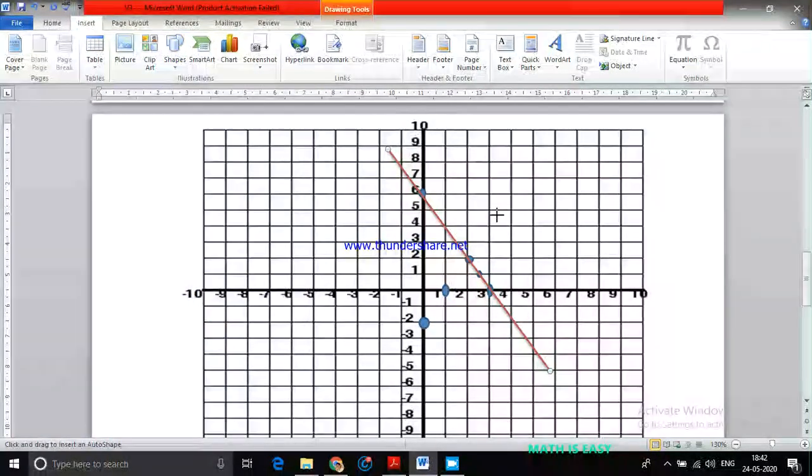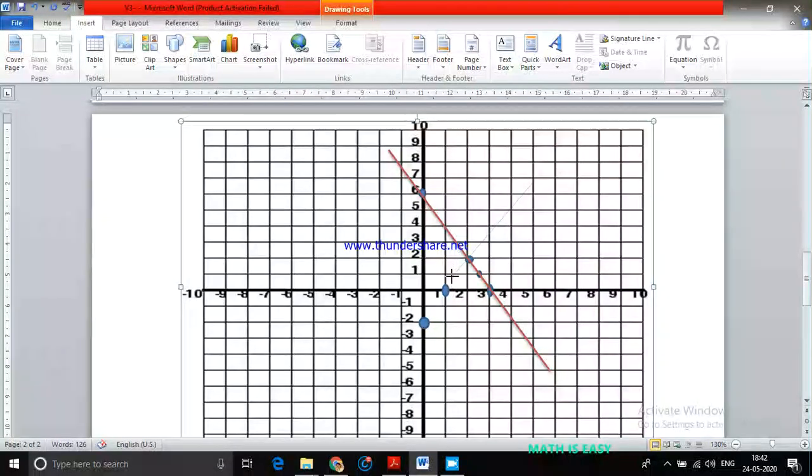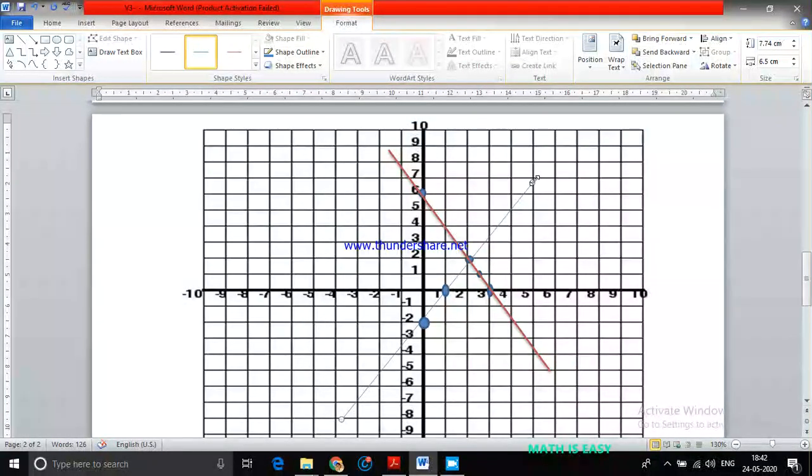which passes through all these points. This is 2, comma 2. This is 1, comma 0. So this 2, comma 2 is common for both of them. That's why I'm not redrawing it. So what I do is I'll take a straight line which passes through this point and all the 3 points. So I have to change a little bit its direction, not exactly going to the intersection point.